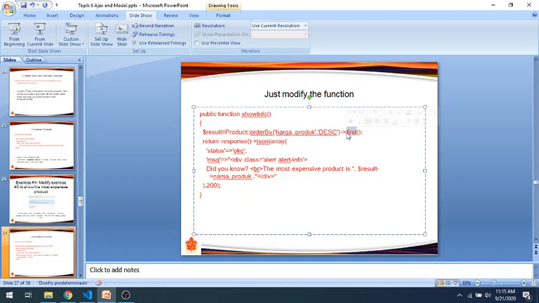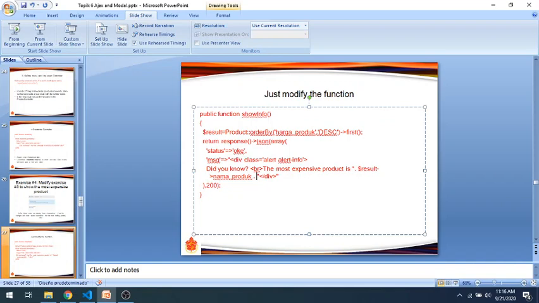After the first record, we just get the result dot nama product here. Maybe, for example, if we also want to put the price, we can put it here also.